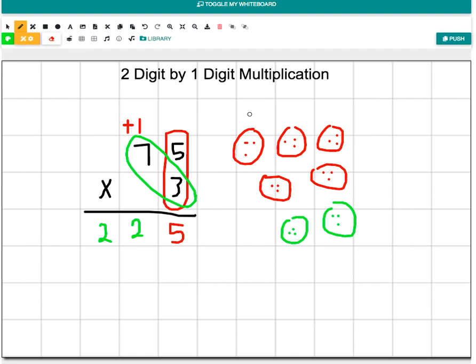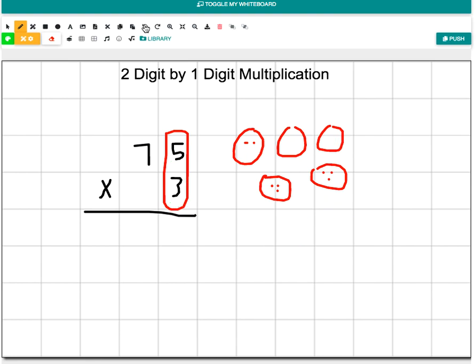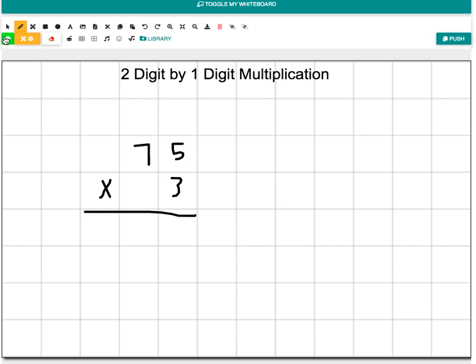So let's go ahead and solve this same exact problem doing equal groups. So if I were going to do equal groups, and I have 75 times 3, when we were at the beginning of the year, we learned what draw form was. So we had to be able to use the draw form for 75. So a rod equals 10, and a dot equals 1. So we're going to have 3 groups